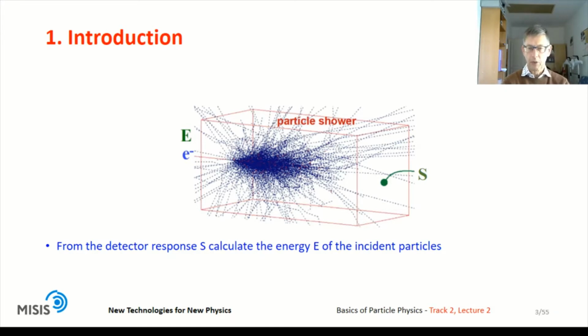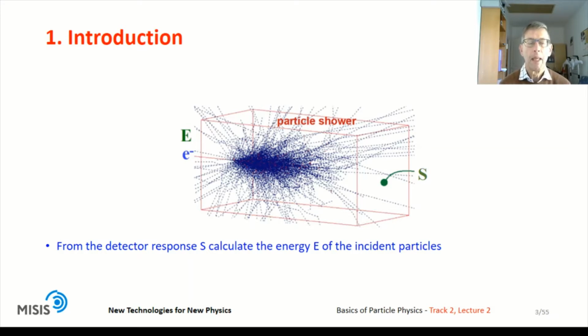And if these particles have enough energy, then they in turn will create more new particles. And so you can have a cascade of particles all depositing a certain amount of the initial energy. And this then is a particle shower, and these showers leave measurable signals in the detectors around the block